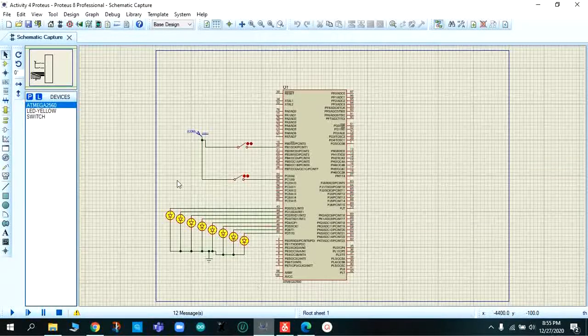I have already uploaded my hex file. Now I'm going to simulate it. Now for 0B11001100,